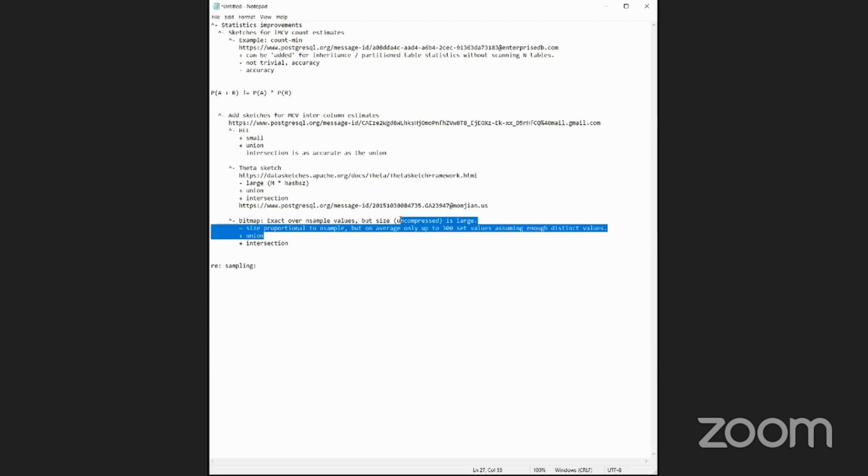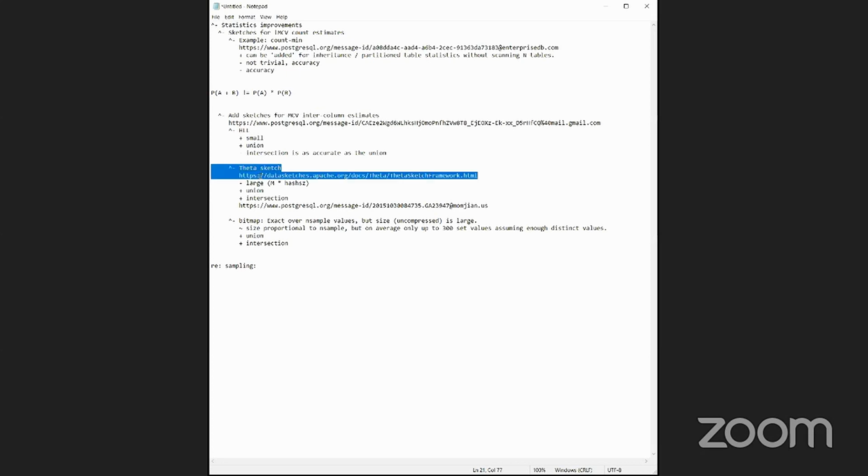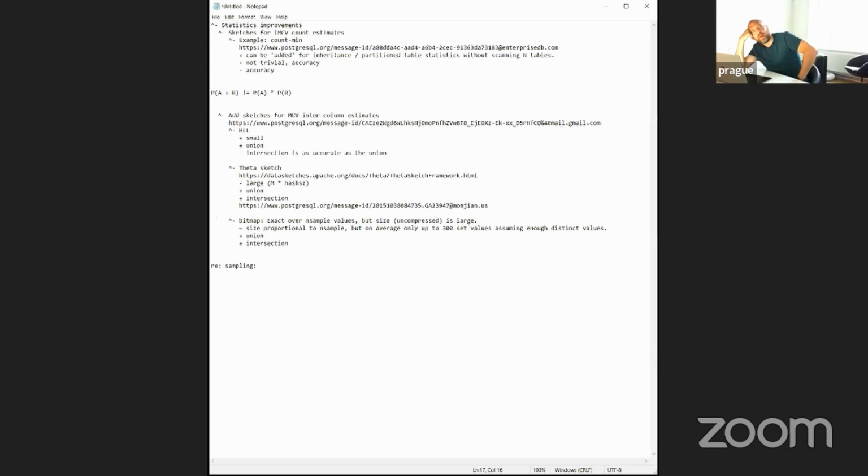But yes, I think we have at least sketches provide some value. Another good benefit that I think exists with these sketches is that it allows you to also combine them while working up the inheritance tree. I'm not sure that is actually something that you can do with other kinds of sketches. So I haven't really thought about this, but I think that might work. But that's probably what makes the